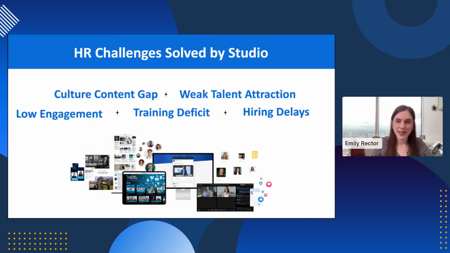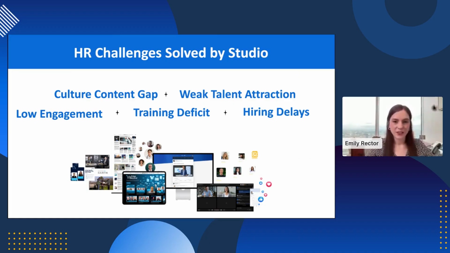So maybe their skill set, their experience, things that they want us to know about them. And we can in turn take that video and learn more about them instead of having to take the time to get on the phone, and maybe it's not the right fit and everything. Having to wait and schedule those calls as well can be difficult. So those hiring delays, those challenges are going to be solved with Studio.